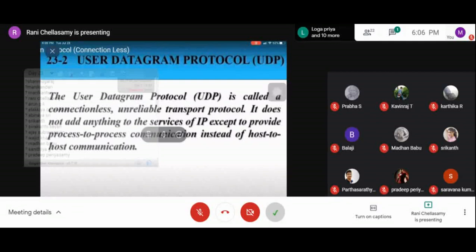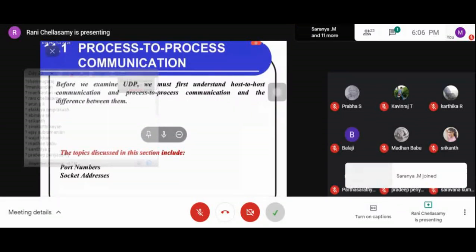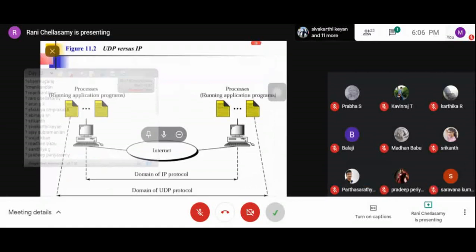Before that, you have to understand what each means and the difference between these two, along with the need for port numbers and socket addresses.